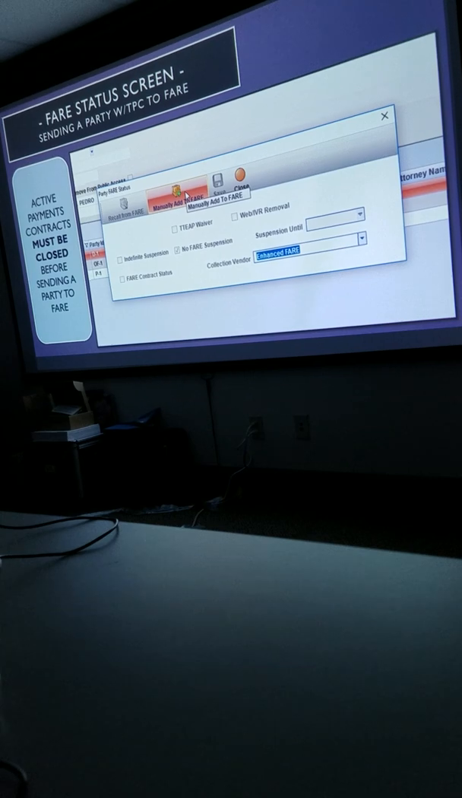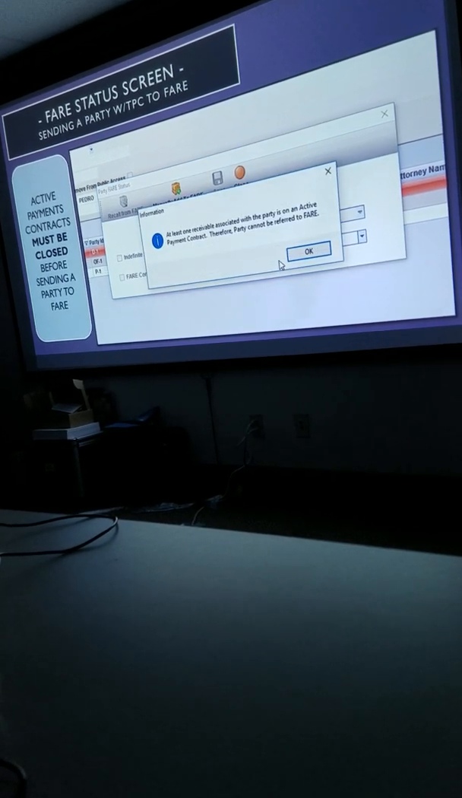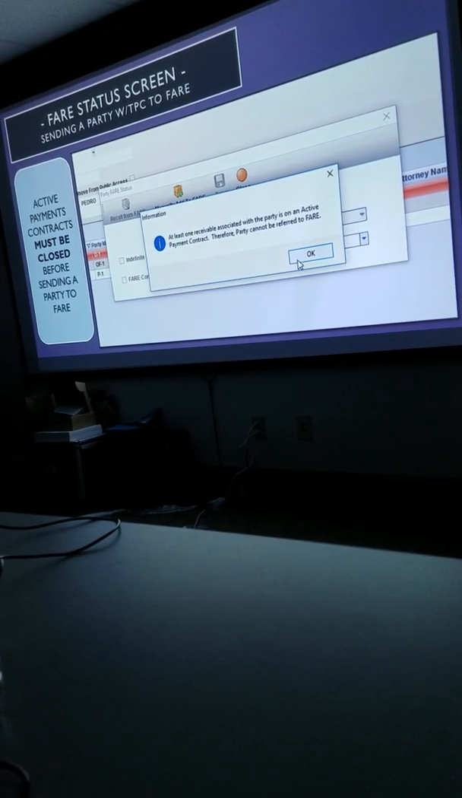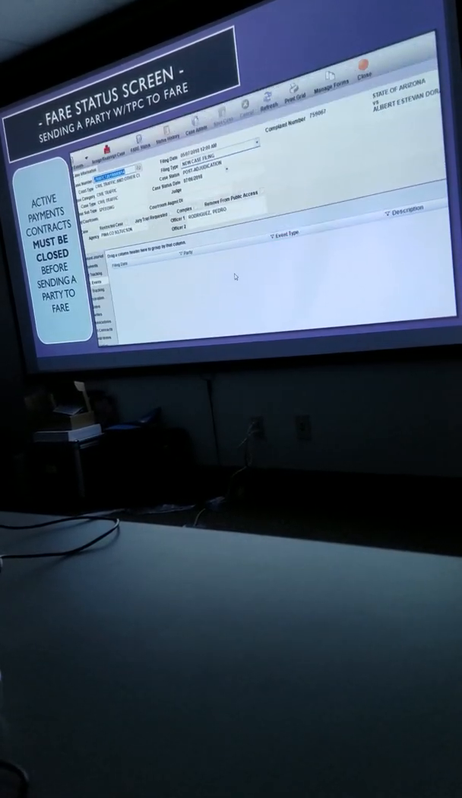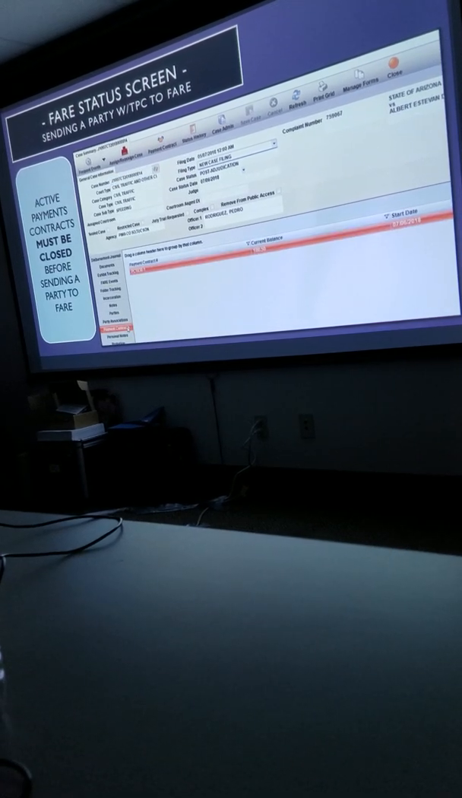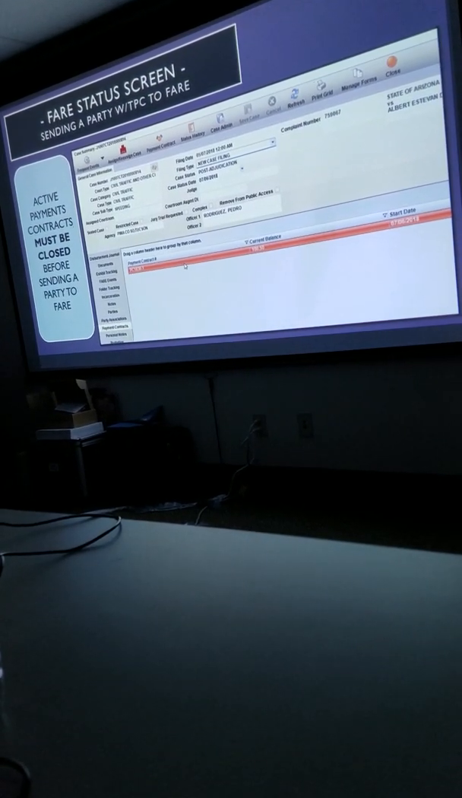When we click the manually add to fare icon, we can see that we get an information box letting us know that at least one receivable associated with the party has an active payment contract. We will need to close out, navigate to our Payment Contracts tab in the left tree menu,